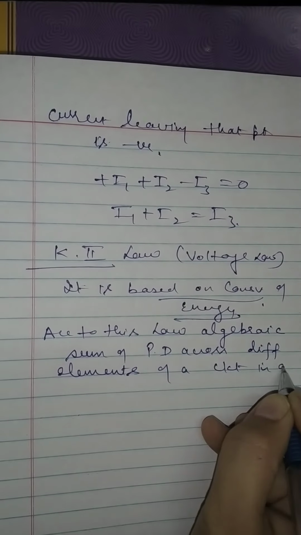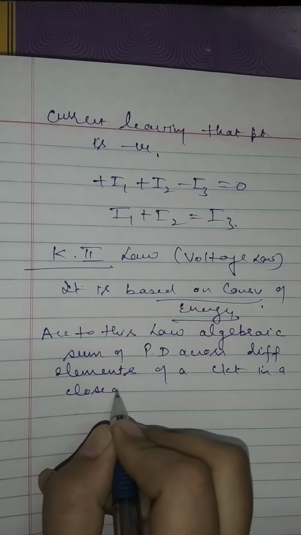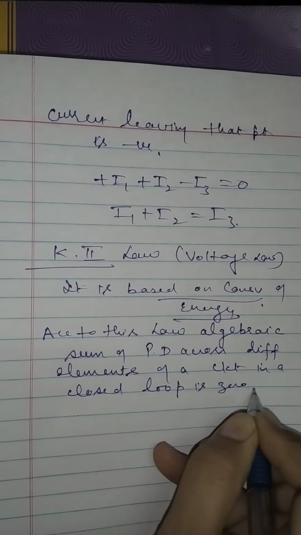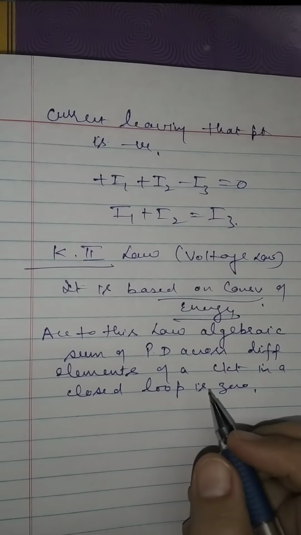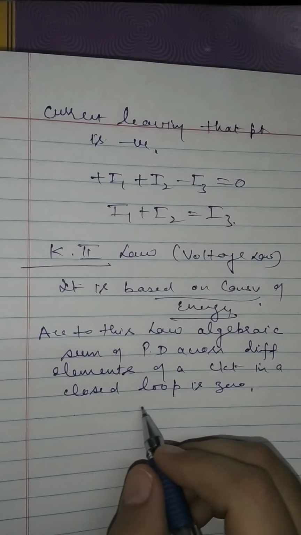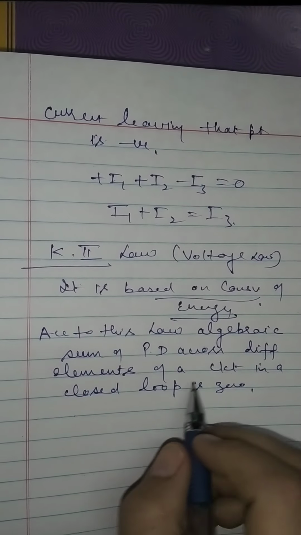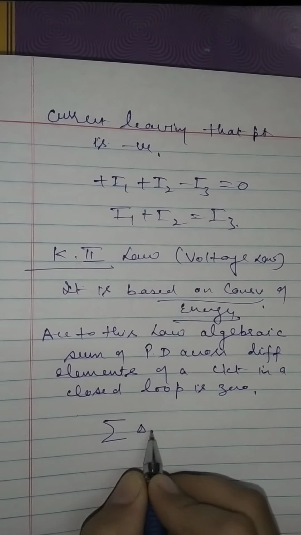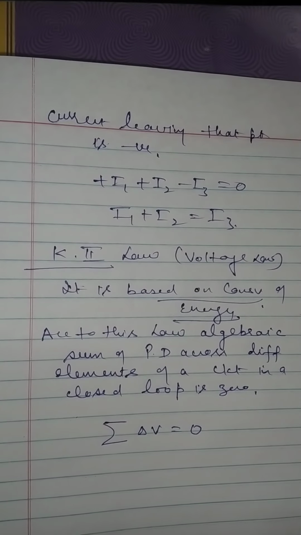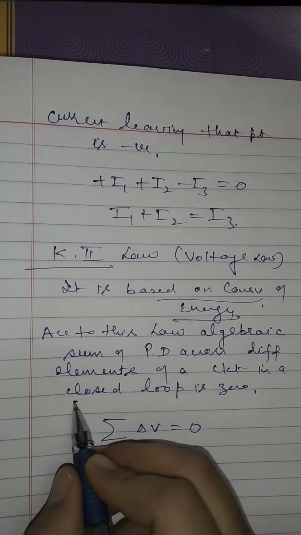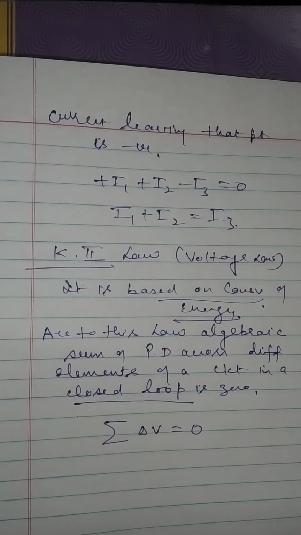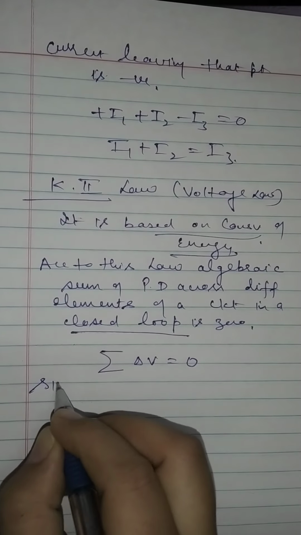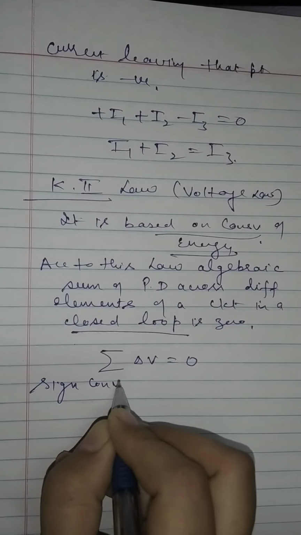in a closed loop is 0. According to this law, the algebraic sum of potential difference across the different elements of a circuit in a closed loop is 0. ठीक है, that is summation of delta V equal to 0. And it is always applied to the closed loop. Now, how do we use the sign convention? Sign convention used for